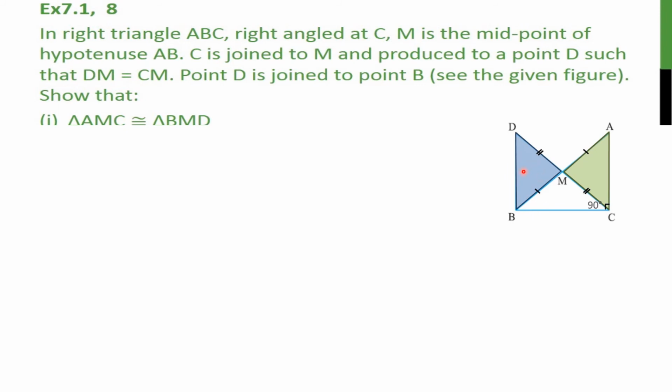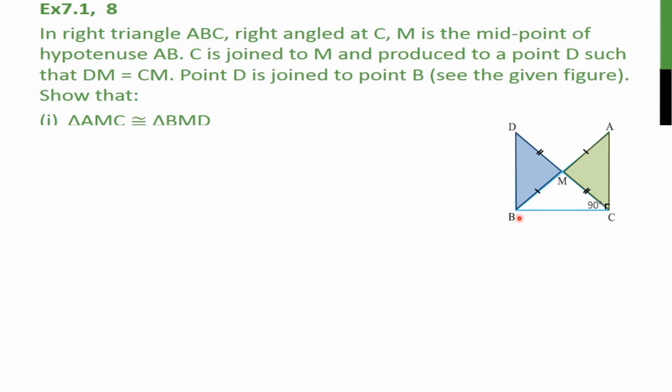For proving the third part, I have to take triangle DBC and triangle ACB. In this, I have to take three conditions. First condition is DB is equal to AC. Already we proved that. And just now we proved angle B is equal to angle C is equal to 90 degrees. And third condition, BC is equal to BC, common side. Therefore, triangle DBC is congruent to triangle ACB.